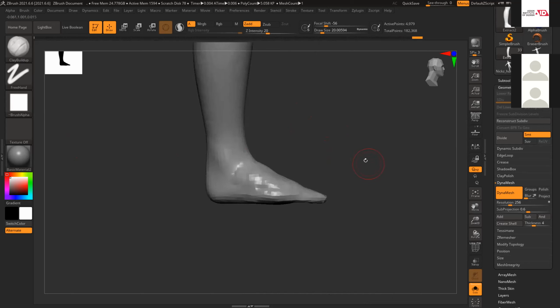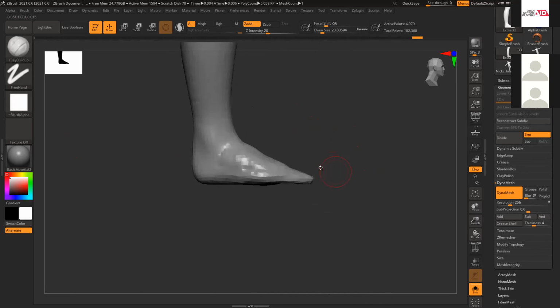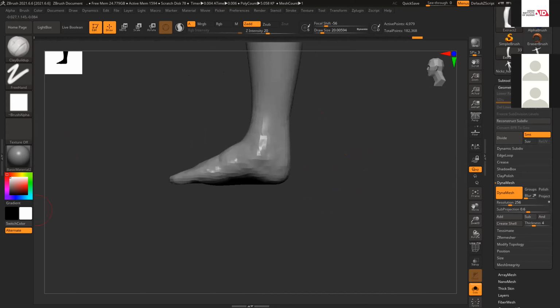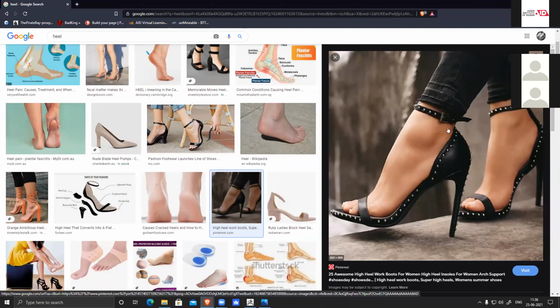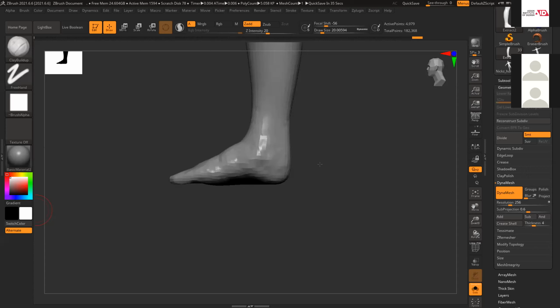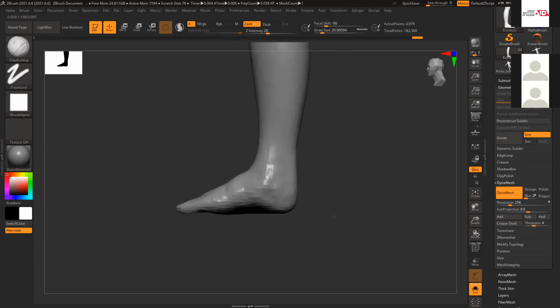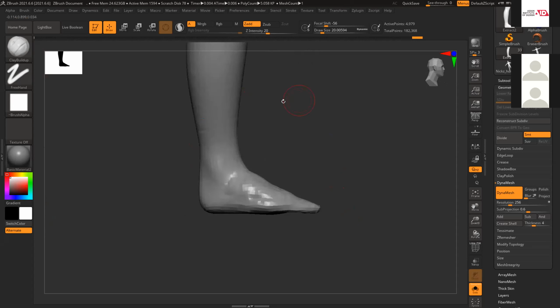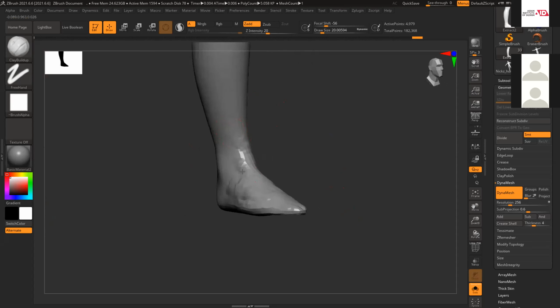I have to check another reference, because I have to check the heels. Just give me a second. In my model that part is not visible, so I can see the angle of the leg. That is something I have to do in my high poly. You can see this is an almost flat leg. It cannot be like this, so I need to fix this part and fill this thing.